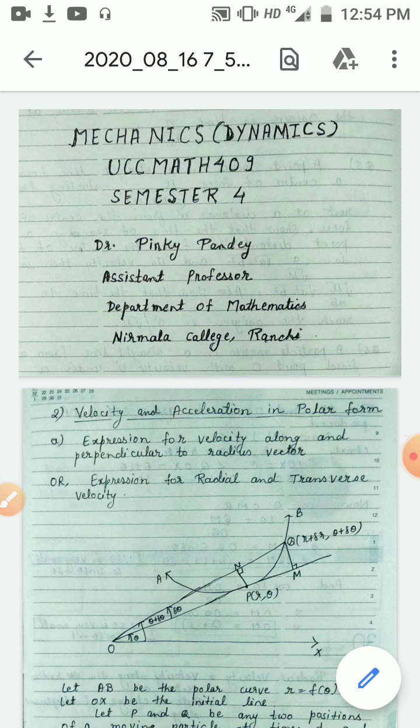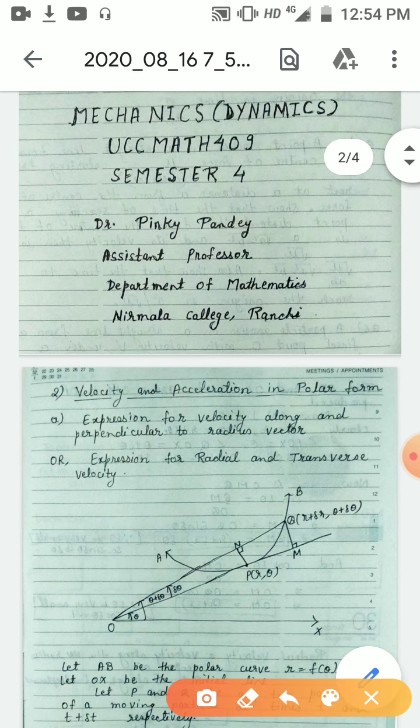In this lecture I will discuss velocity in polar form. In the first lecture I discussed velocity and acceleration in Cartesian coordinates. In the next lecture we will discuss velocity and acceleration in polar form. In this lecture I will discuss only the expression for velocity along and perpendicular to the radius vector, or the expression for radial and transverse velocity, or velocity in polar